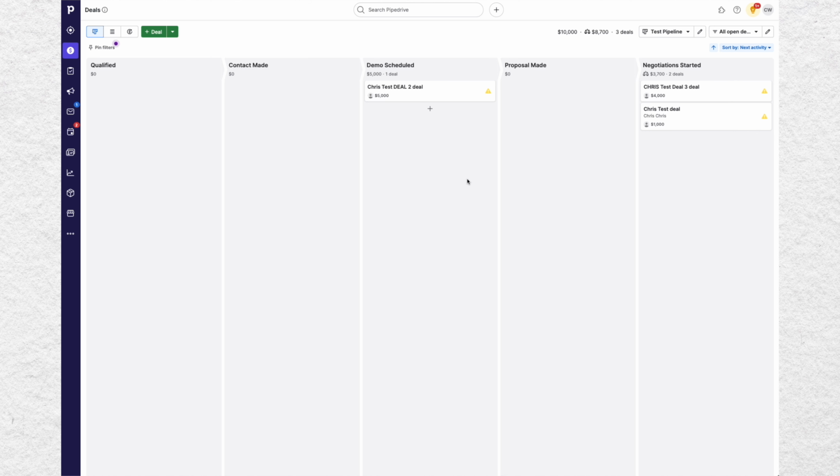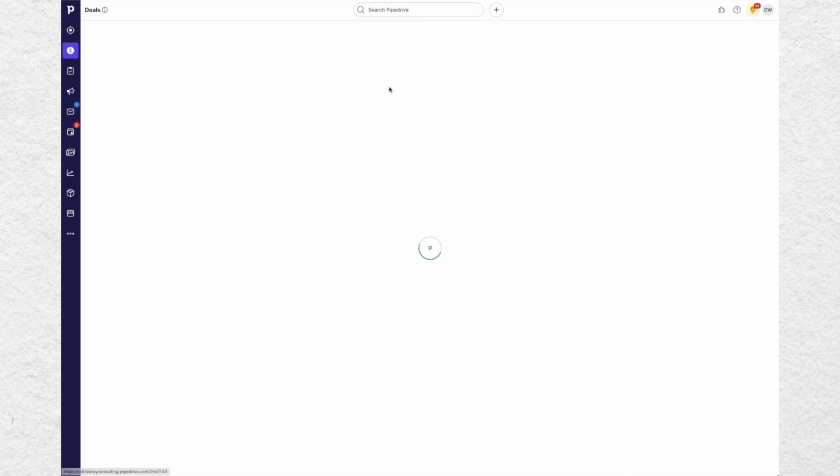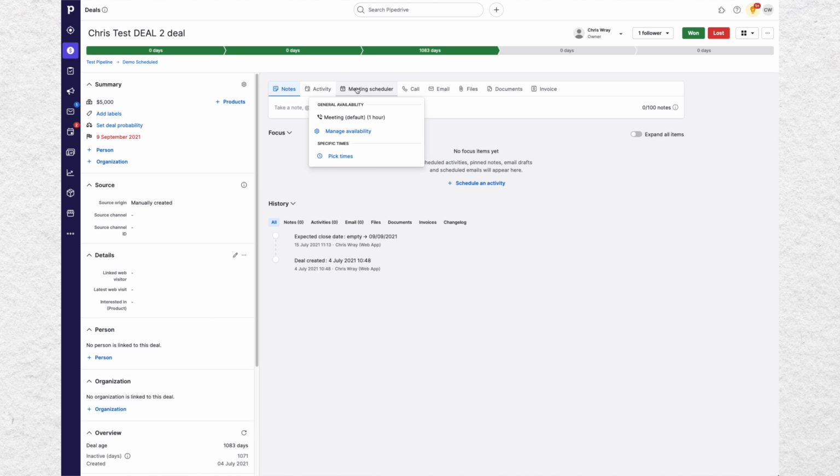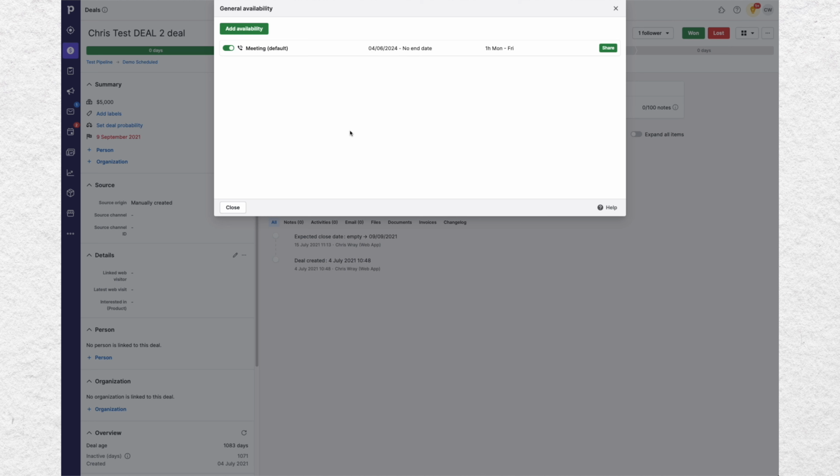So let's look at the meeting scheduler in action. So here I have a sample deal, and we can see here, and I think quite a lot of people miss this, the meeting scheduler is part of the options available at the top above the note in a deal. So if you click on meeting scheduler, the first thing that we want to do is manage our availability, and